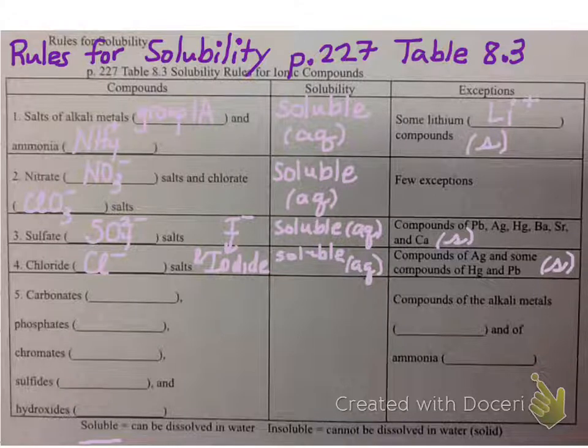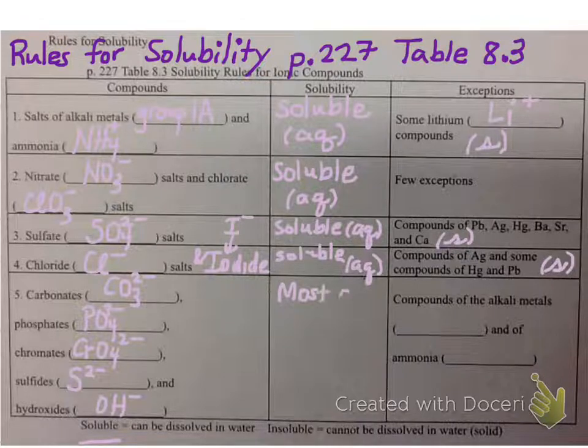Rule number 5, we have the carbonates. The carbonates are CO3, the charge of -2. Phosphate is PO4 with a charge of -3. Chromates are CrO4 with a charge of -2. And sulfide is S with a charge of -2. And hydroxide is OH with a charge of -1. Right, all but sulfide there, those are polyatomic ions you're supposed to have memorized. So carbonates, phosphates, chromates, sulfides, and hydroxides,